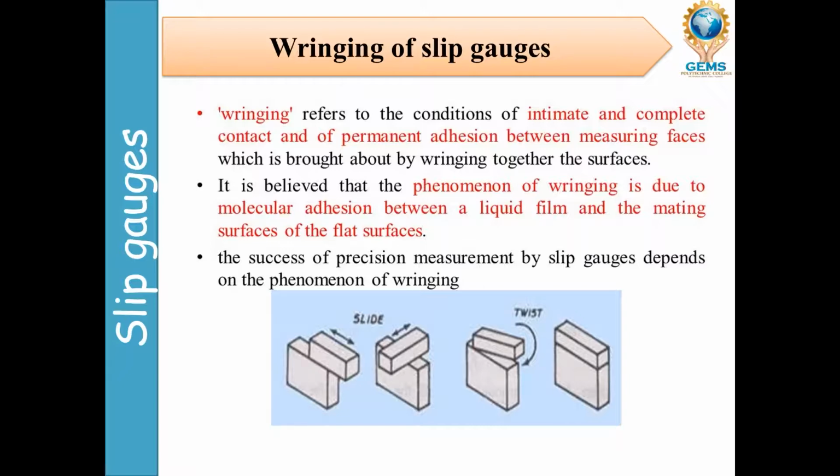So the essential conditions for the ringing process: the surface should be flat, accurately ground and clean. Before going to the ringing process, the surfaces must be clean, and not a minute of grease or moisture should be present between the surfaces. While ringing the slip gauges, no air should be present between them. So when you are ringing the two slip gauges, there is no air gap, right?